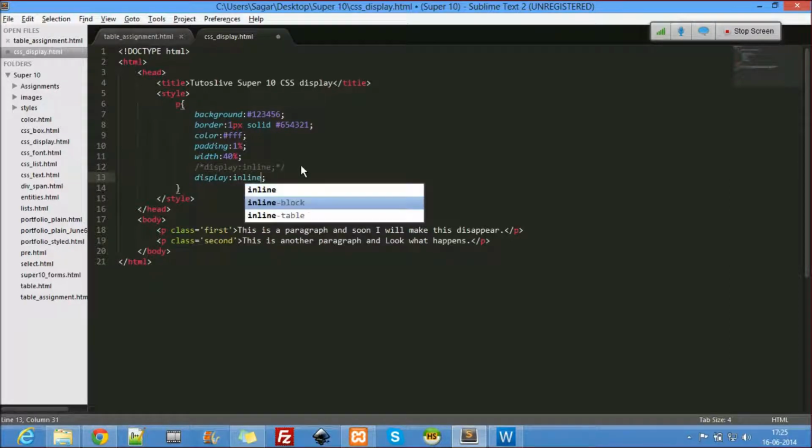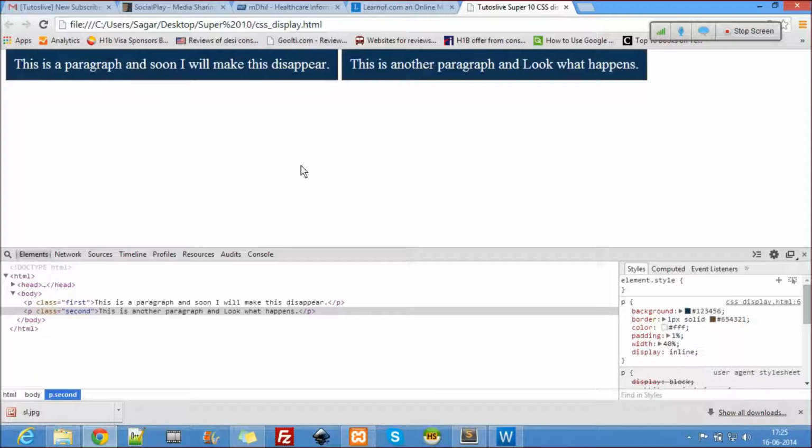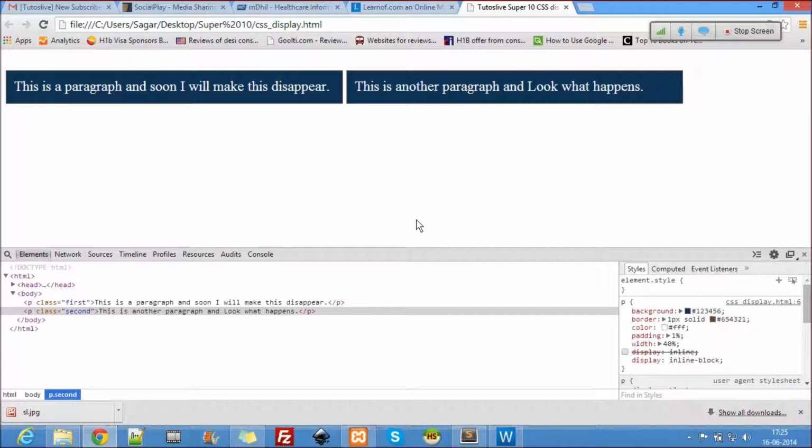inline block. Now let's see. I said display inline hyphen block. Click. Now you see the width is more than what the content is.